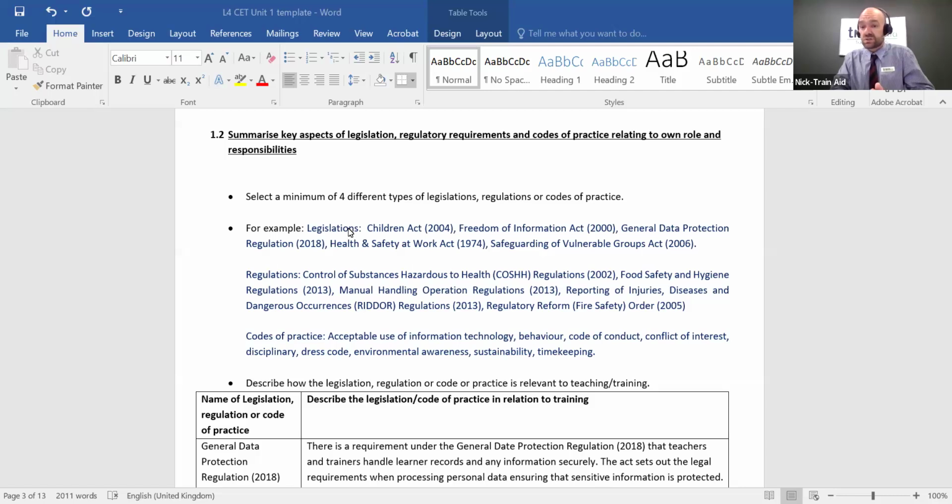Some of the examples of legislation I have highlighted are the Children Act of 2004, Freedom of Information Act from the year 2000, GDPR 2018, Health and Safety at Work Act 1974, Safeguarding of Vulnerable Groups Act of 2006. So those are just typical examples of some legislations.